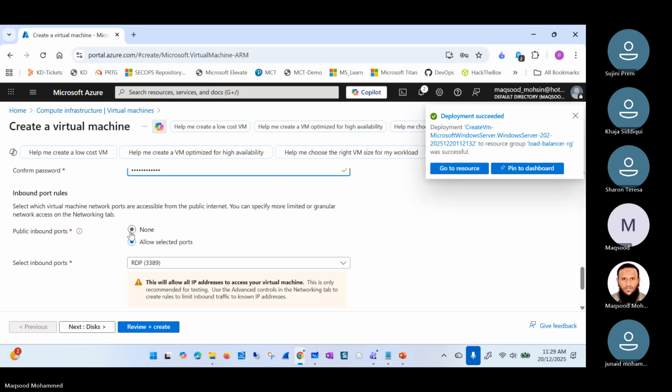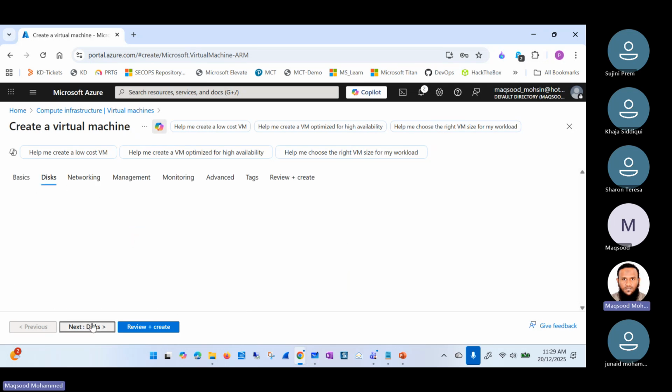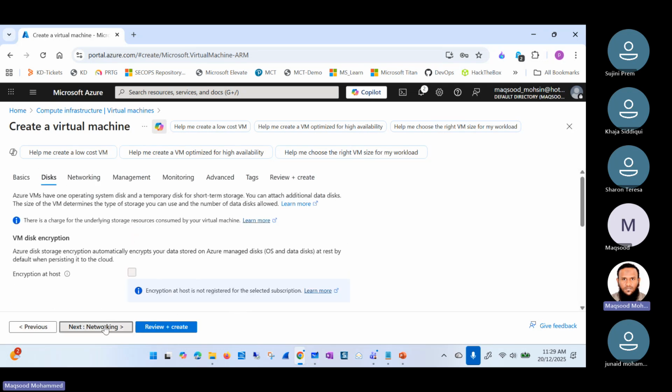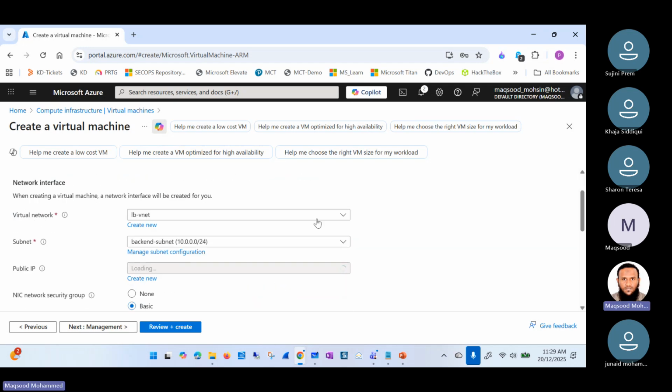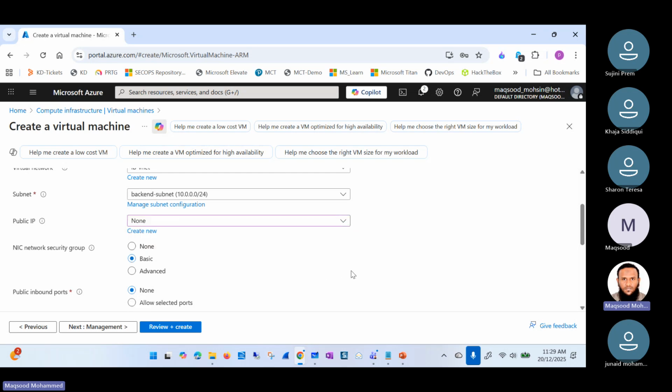Right, we are not enabling the public endpoint. We are not assigning the public IP to the virtual machine. We're going to the next step. Disk, we are not changing anything. Networking, what are we doing in the networking? This is going to be part of backend subnet. It's already selected, and this will have a public IP? Is it going to have the public IP? No, it is not going to have any public IP, but it's going to have this network security group assigned